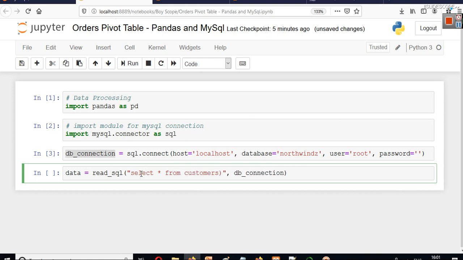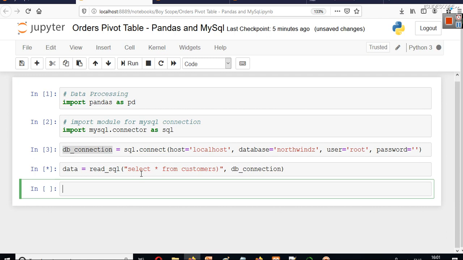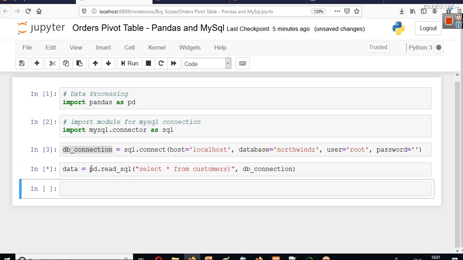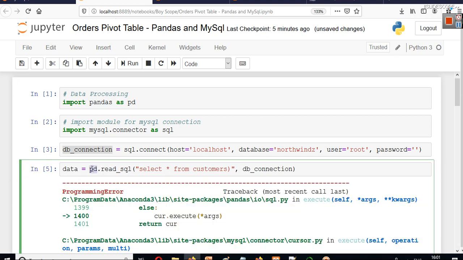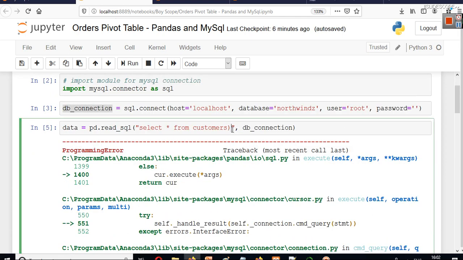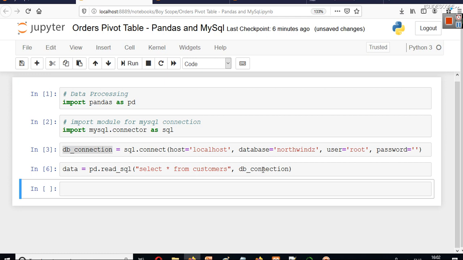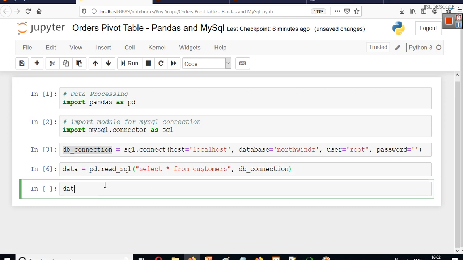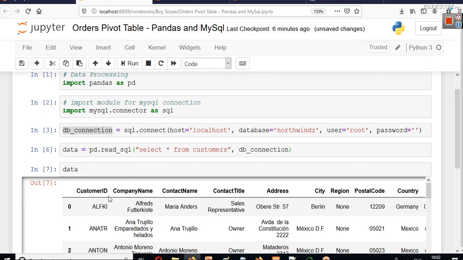So you have to write pd.read_sql, where pd is the alias here. This is our simple query, so pd.read_sql with select star from customers, with the help of the DB connection, data will be created, and now we can read that data.